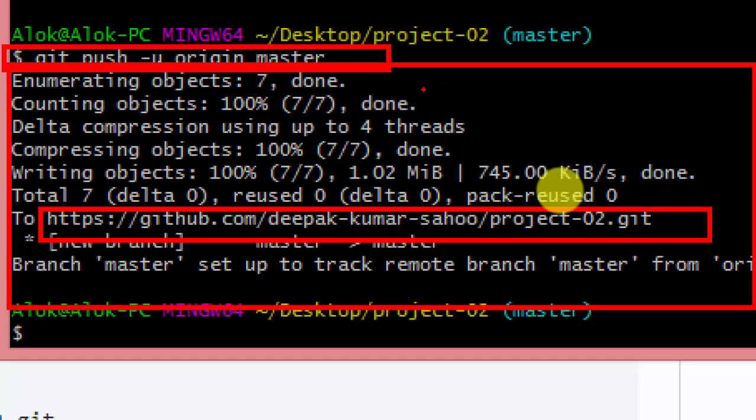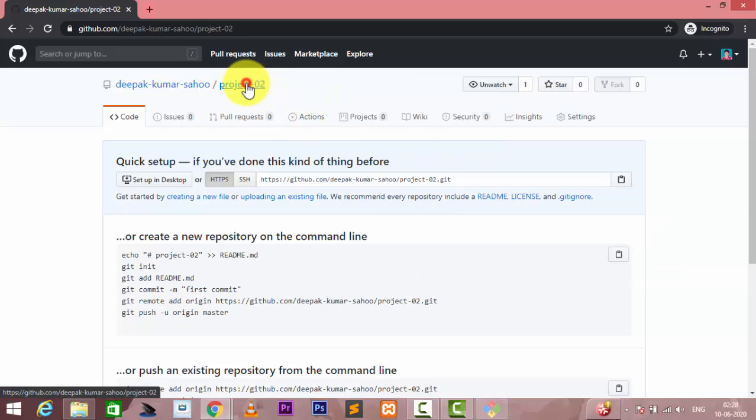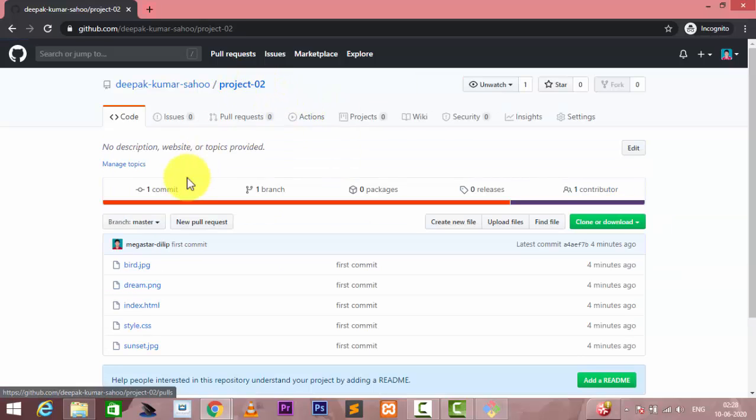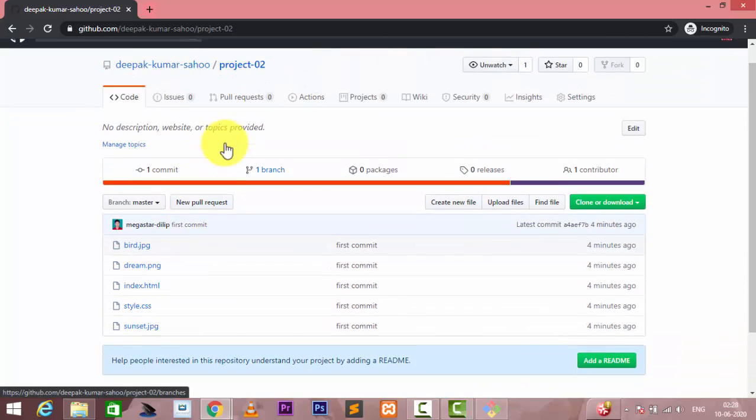If you click on the website link, you get the data. Our total data is showing here, this one is 1 megabyte, this one 1.2 megabytes. After this we click on project 02 to see what is happening, and here you see that the entire data is showing successfully.